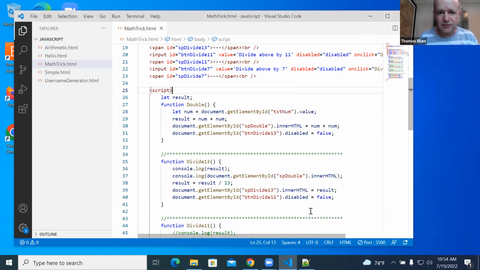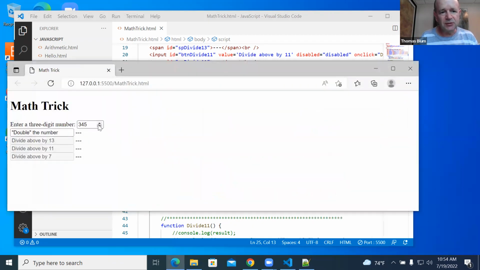I have the live server extension open, here's the number. And we can do this concatenating and the various divisions. And if we change the number, everything starts again, and we control the enabling of the buttons and so on. But up here, this box the user types in is an input of the number type, and if they use the up-down arrows, because of the min and the max applied, we will stick within the range